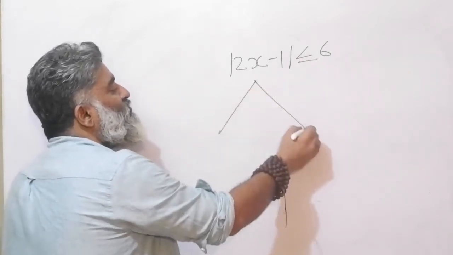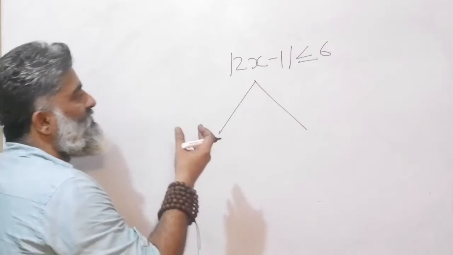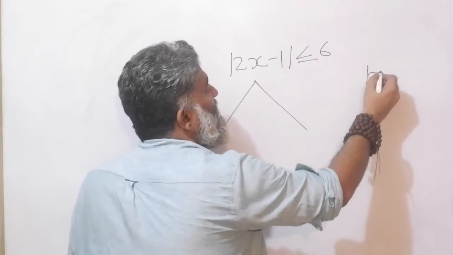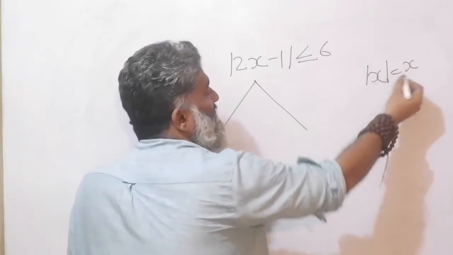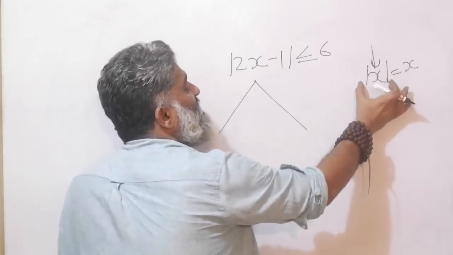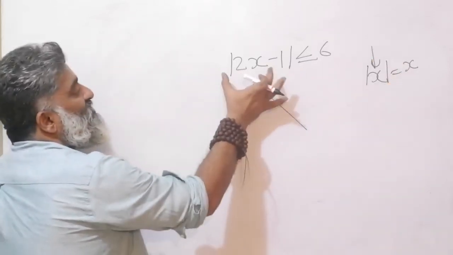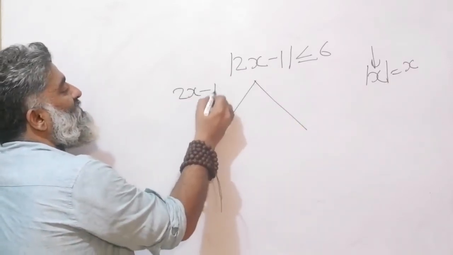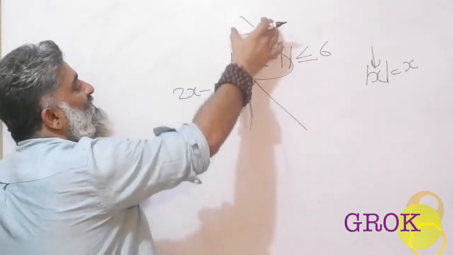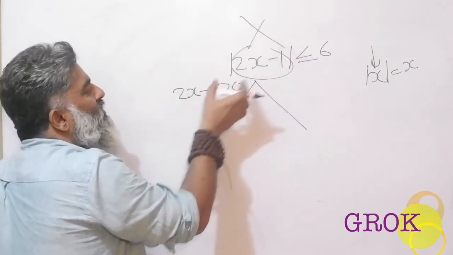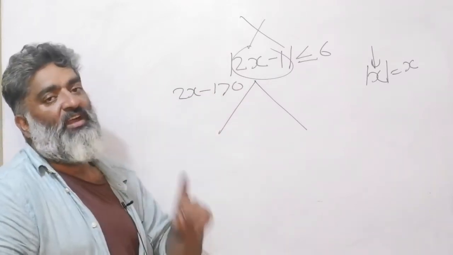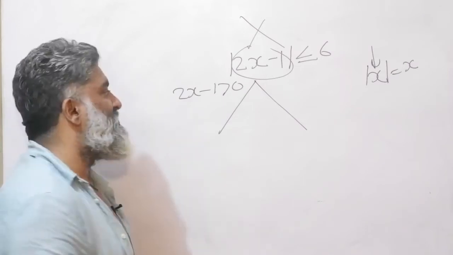So I'm still creating the two stories as I used to do in any modulus function, but this time I have to pay attention to what is x. Again, we have covered this idea earlier. When I write a definition like this, it doesn't mean just x, it means whatever is inside between these two bars, right? That means my checking condition will be 2x minus 1 greater than 0. Think of this whole thing as a very big capital X. So you will say, okay, capital X is greater than 0. And now what is capital X? 2x minus 1 greater than 0. Again, an important idea covered earlier, right? The beginner's error as such.